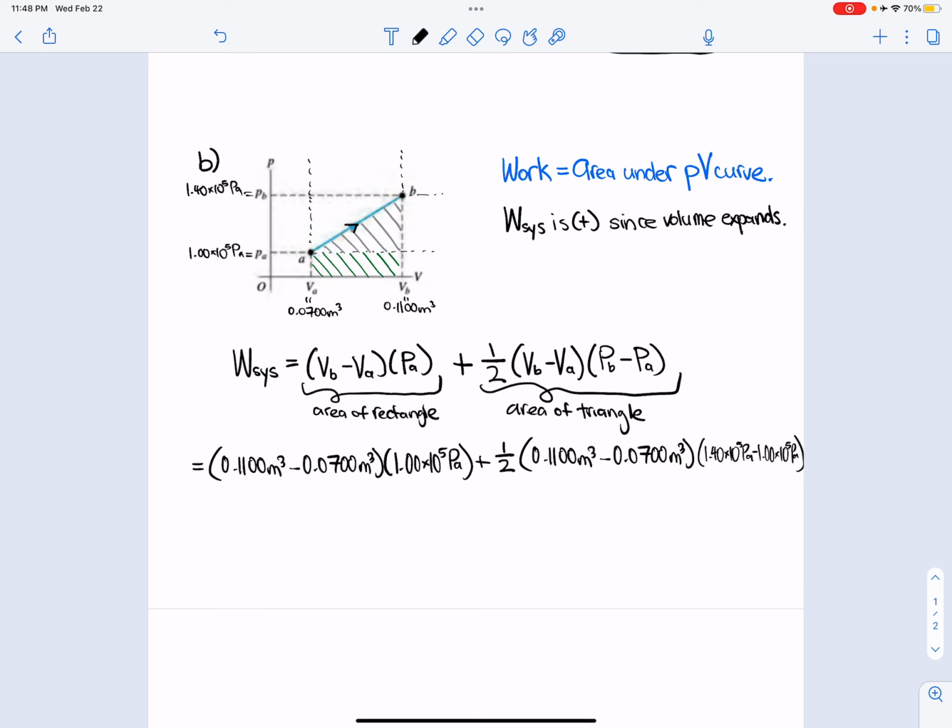Okay, so you can plug that in your calculator and you will get